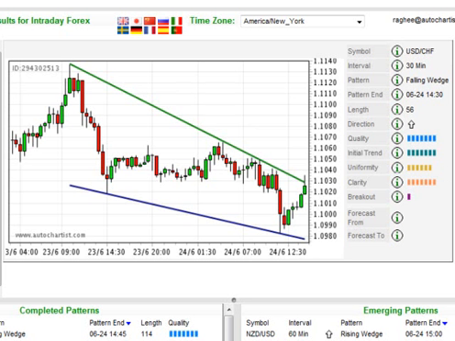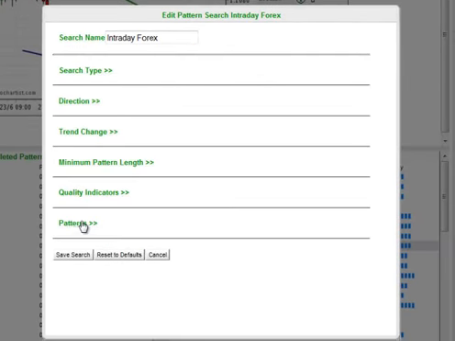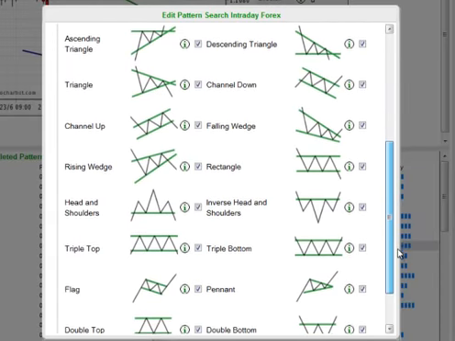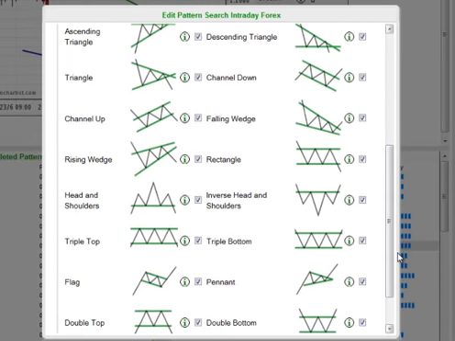Let's take a look at first the pattern types that can be traded when the market is trending. Ideally, we should see channel down, channel up, falling wedge, and rising wedge chart patterns when the market is trending. Remember that there is also the chance within a trending environment to trade head and shoulders, inverse head and shoulders,